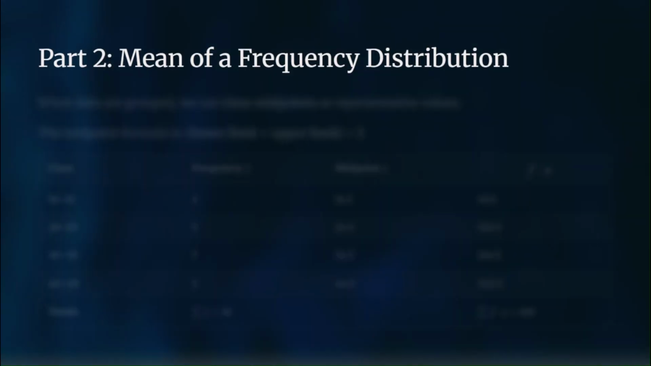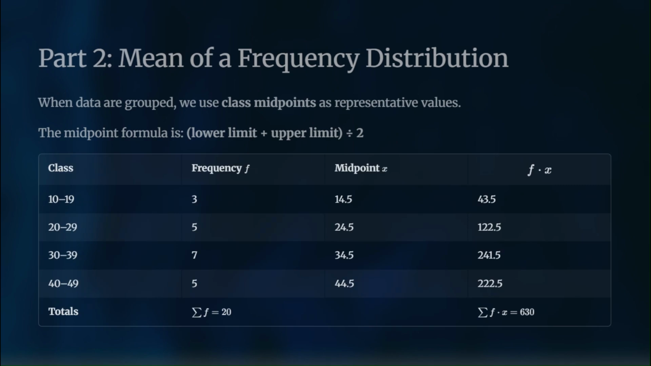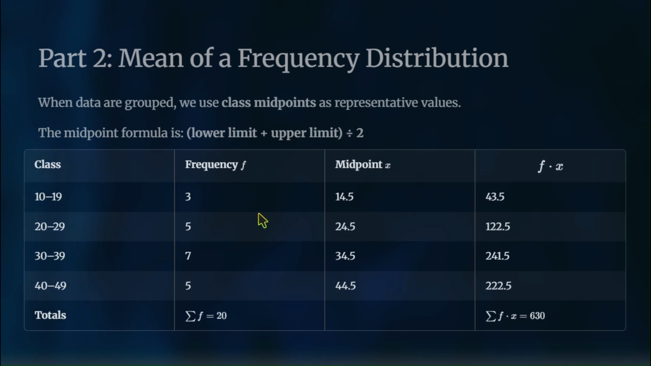Now, we can use a frequency distribution to calculate the mean of a frequency distribution. When data are grouped like that, we use class midpoints as representative values. The midpoint formula is as such: the lower limit of a class plus the upper limit of that same class divided by 2. So if we have this frequency distribution right here with 4 classes, first class from 10 to